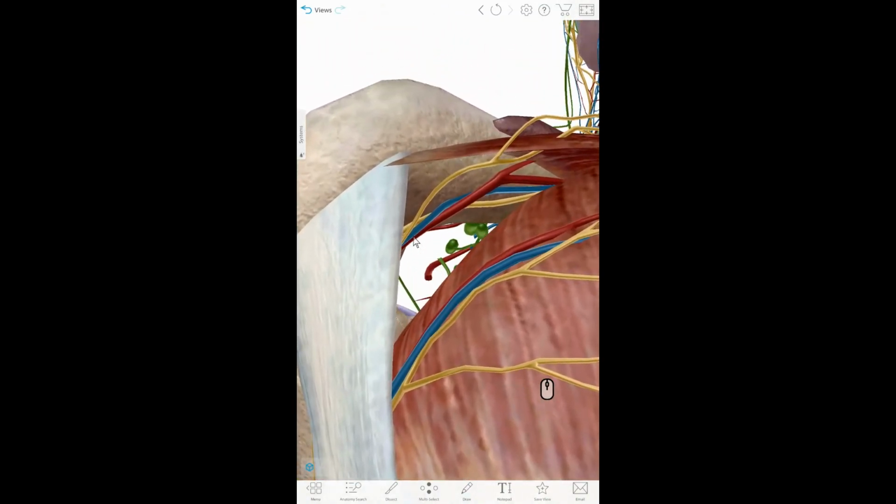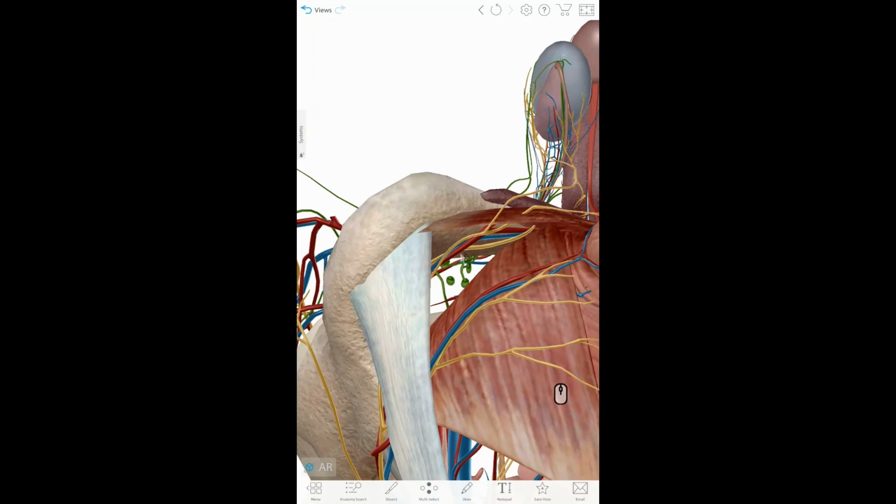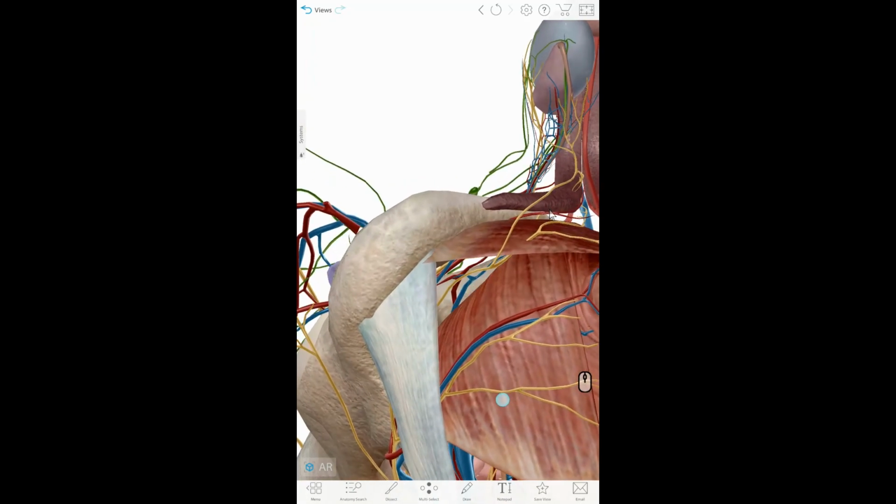Now we also see that this internal pudendal artery, after coming to lie in the deep perineal pouch, pierces the perineal membrane, comes into the superficial perineal pouch, and gives the deep artery of the penis and the dorsal artery of the penis, which are the contents of the superficial perineal pouch.